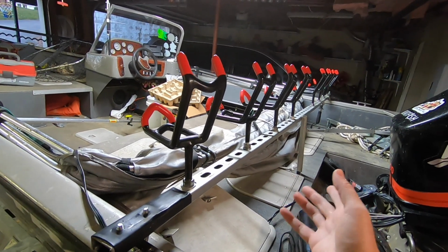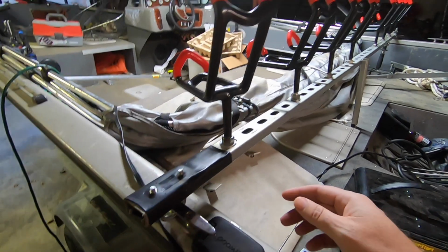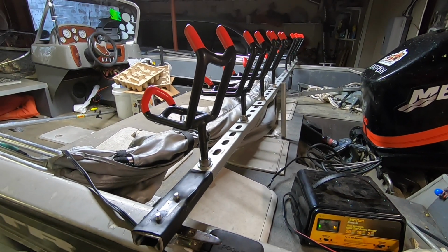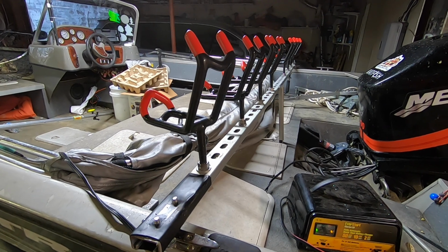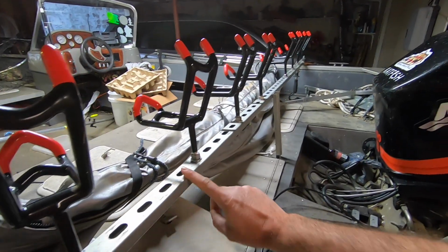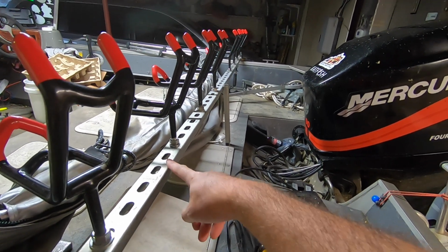And we actually thought about doing this before and just never did get around to it, but this is a pretty cheap, basic rod rack that we built, and I'll go over what I think are the pros and the cons of it. There's only really two downfalls of it. But anyway, to jump into it, all this strip here is a piece of unistrut, which is just light construction